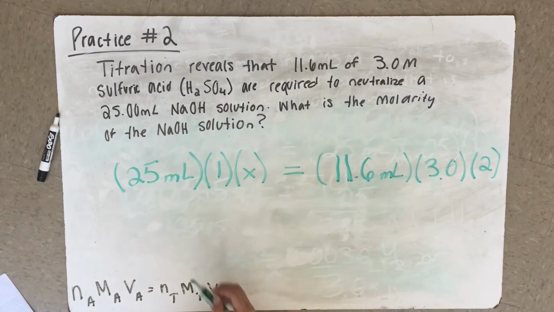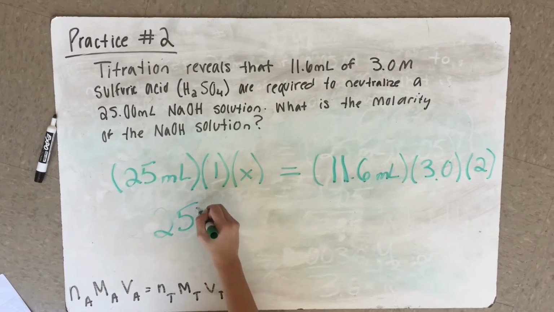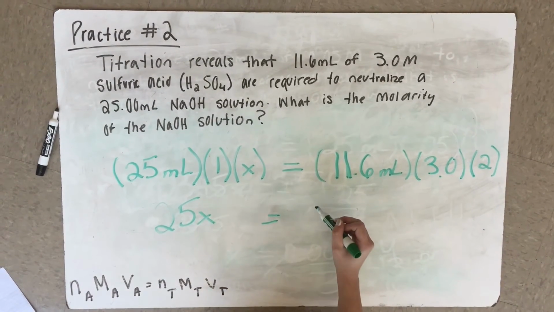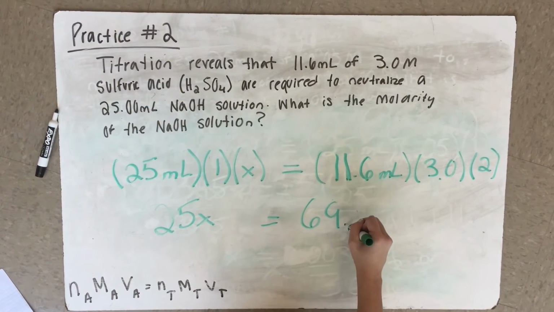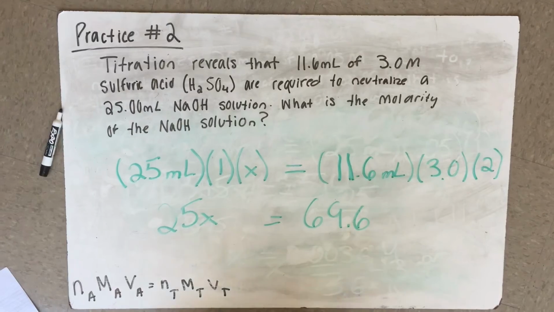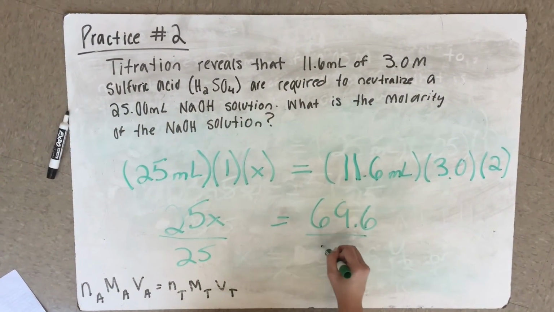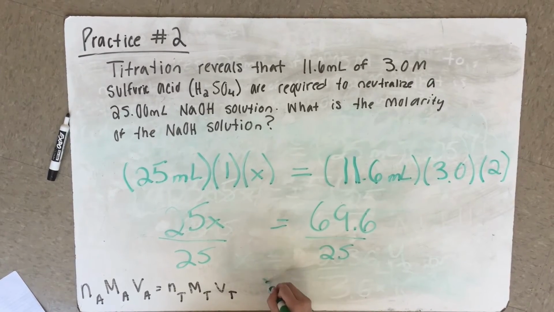When you multiply that, you get, when you divide by 25,